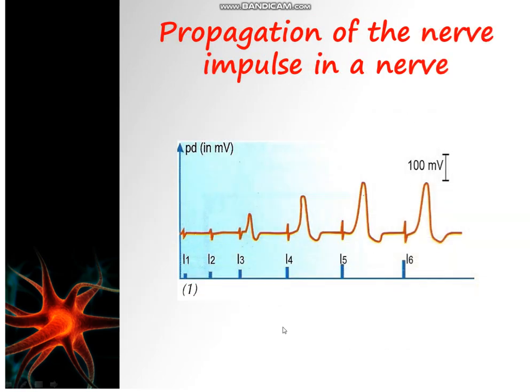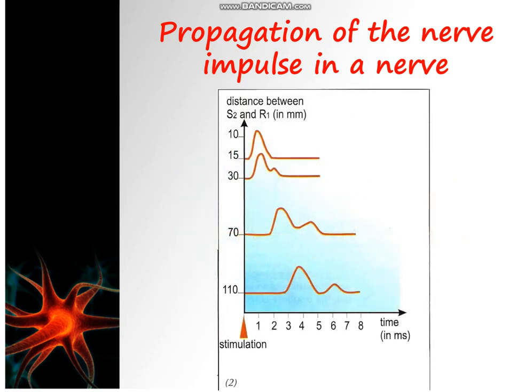Okay, now in this curve, intensities I1 and I2 are non-effective to stimulate any type of fibers in the nerve. For I3 to I5, more and more fibers are stimulated, leading to the increase of the amplitude of the global potential. And at I5, all fibers in the nerve were stimulated because after I5 the amplitude remains constant.